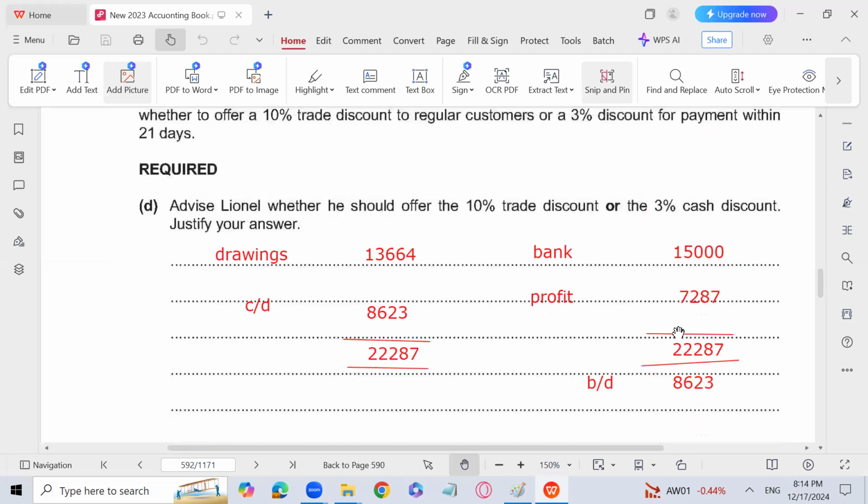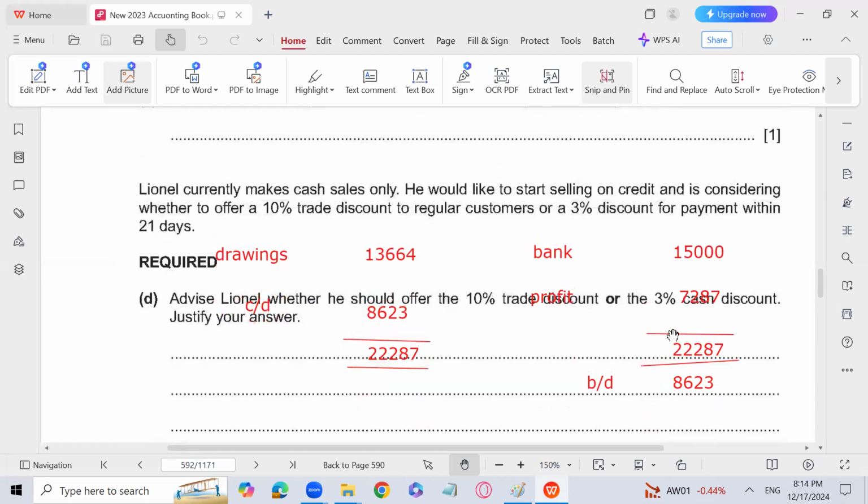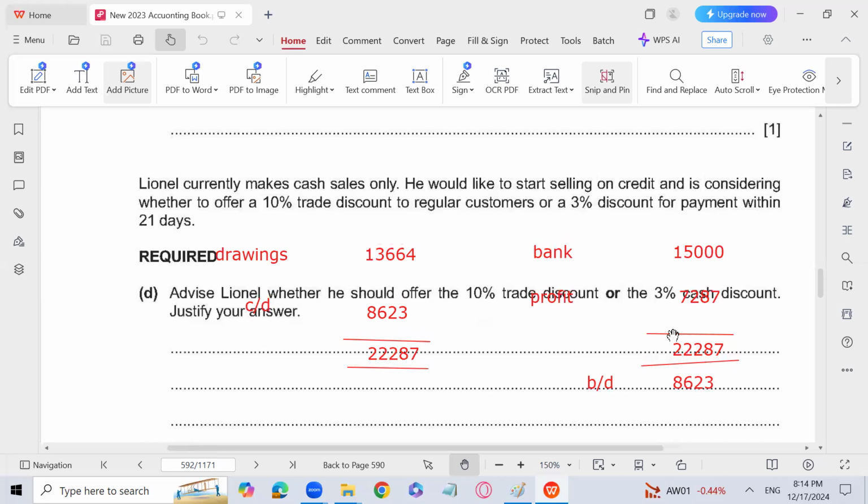So both are basically good because the trade discount he is giving to loyal, regular customers, right? So he expects some benefit from giving that particular discount. But the regular customers are already purchasing the goods from him on cash. So giving a 10% trade discount to regular customers might